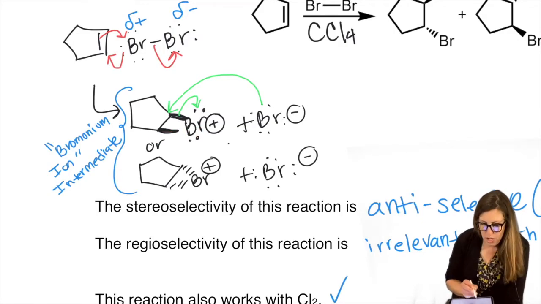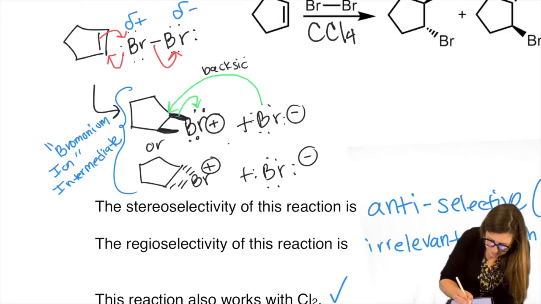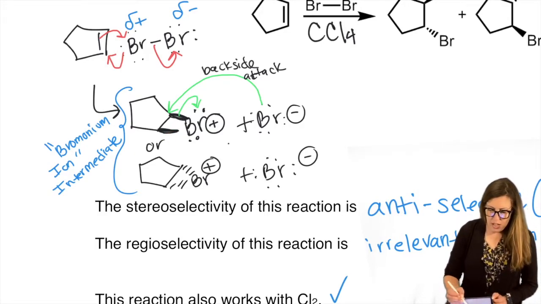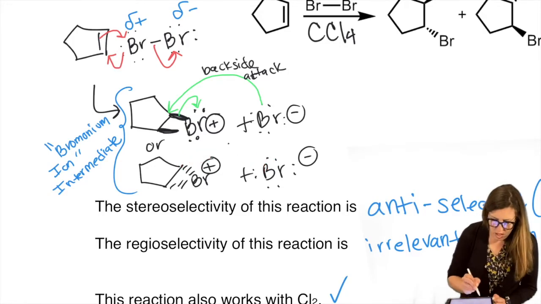But notice that if we attack, it has to be a backside attack because the wedge is already, that space is occupied and this is SN2 style. It's concerted. Attack, leaving group leaves at the same time. So it's got sort of SN2 character to it. So you can think of the new bromine coming in from the opposite orientation of the existing bromonium ion. So this is only going to attack this one from the dash position. This one's only going to attack from the top, or the wedge position, right? But it could have attacked either carbon. Could have attacked the top one. Actually, I'm going to do that one in red. Or the bottom one.